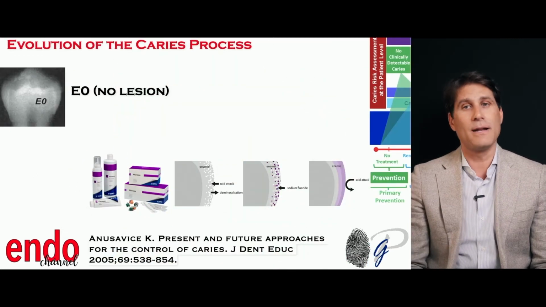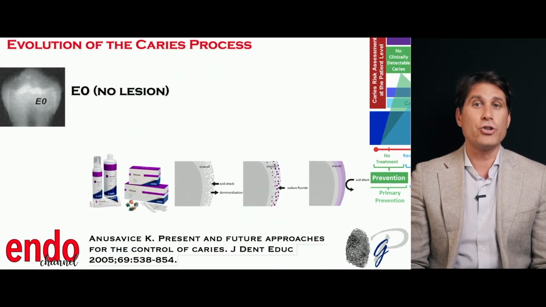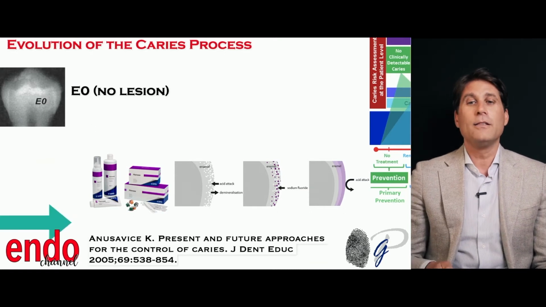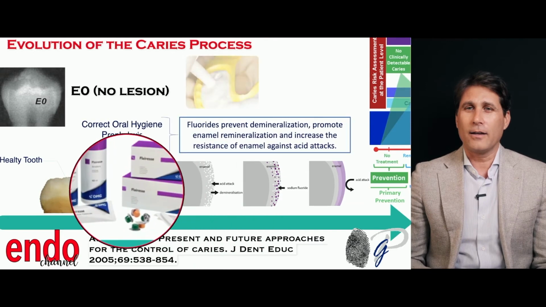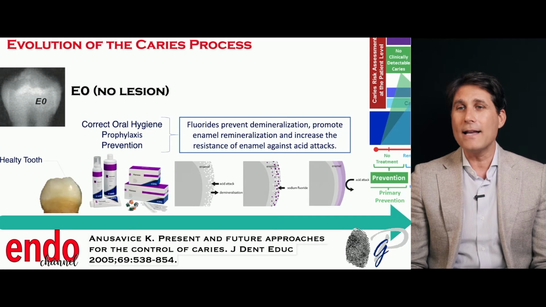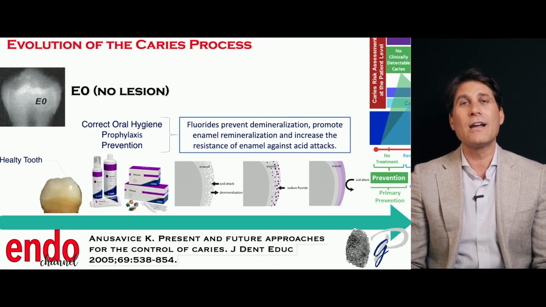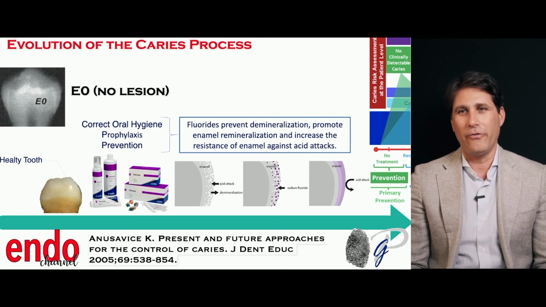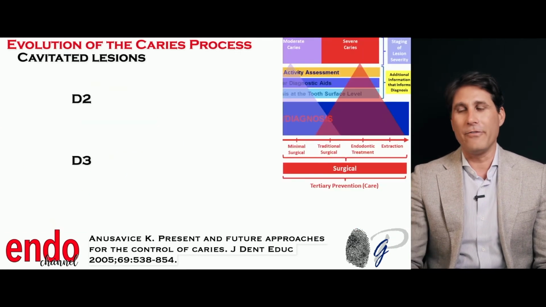So our main approach in an E0 lesion, when we have only to prevent, is to take care with fluoride, correct oral hygiene, prophylaxis and prevention. In this case, fluorides prevent demineralization and promote enamel remineralization, so increasing the resistance of enamel against acid attack. So at this stage we have mainly to prevent and to have this approach to avoid carious lesions starting on these surfaces. But then when we have